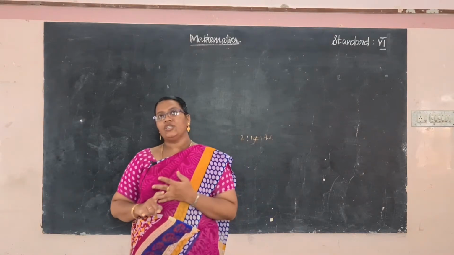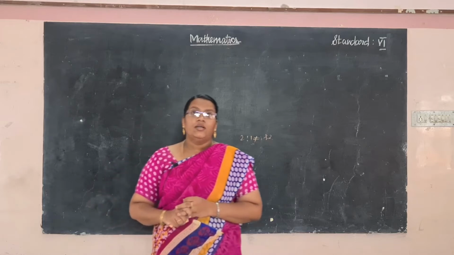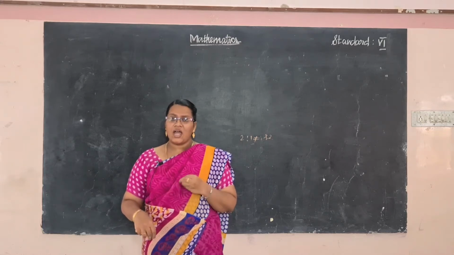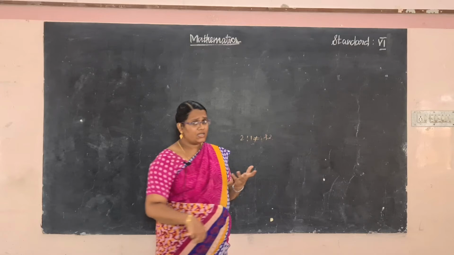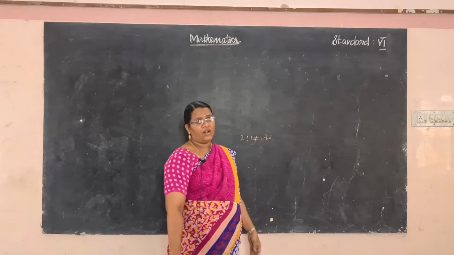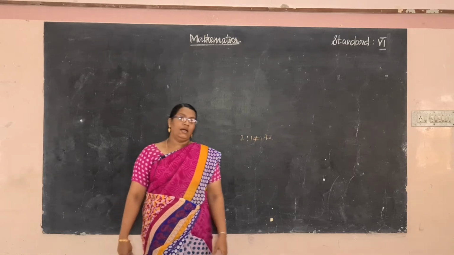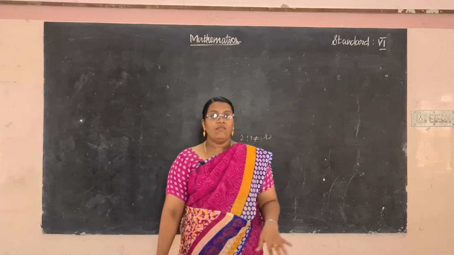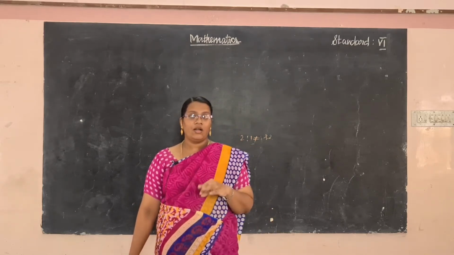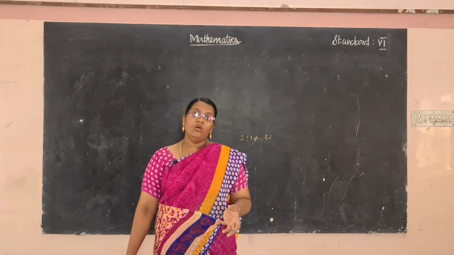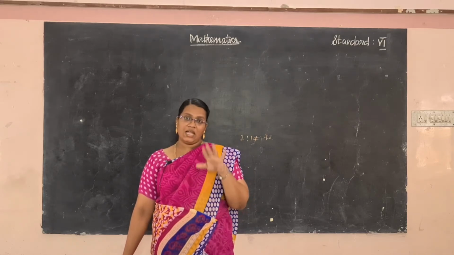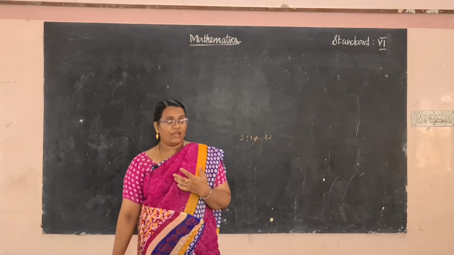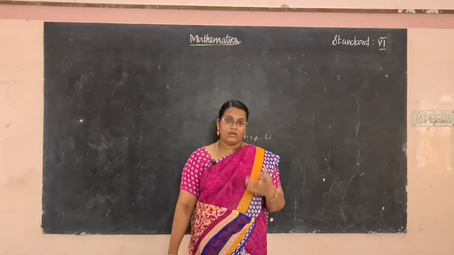And then equivalent ratios. Equivalent ratios means we multiply or divide the antecedent and consequent. Which one is called the antecedent? Antecedent means the numerator value, and consequent means the denominator value, okay. The same number which we multiply or divide in the given ratio, for both the antecedent and consequent, then we form equivalent ratios.